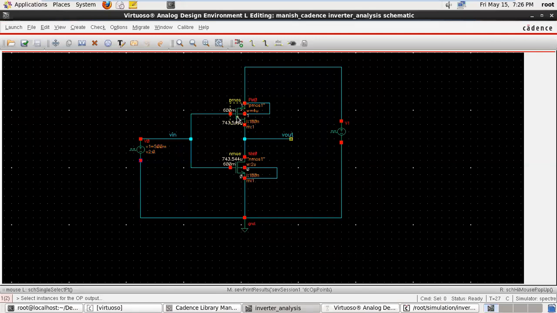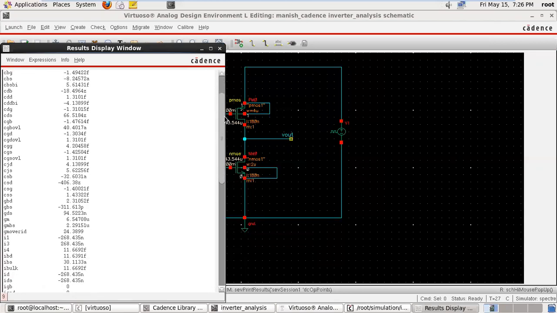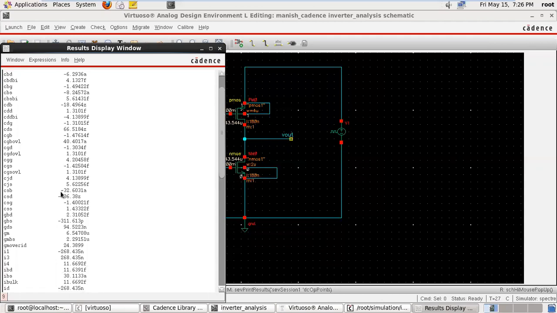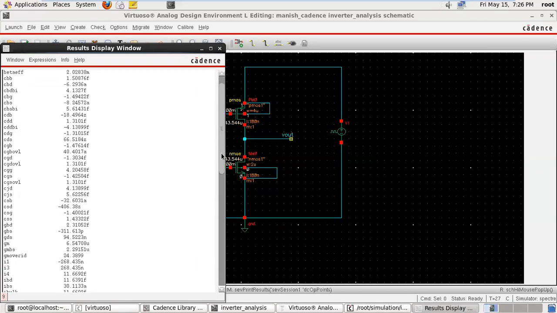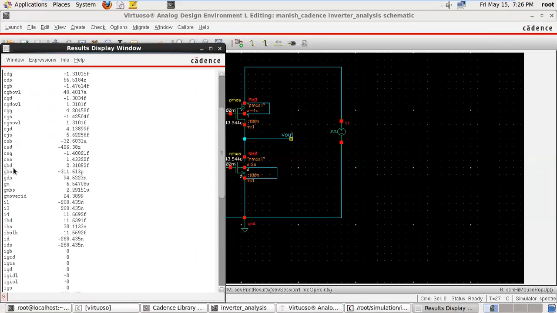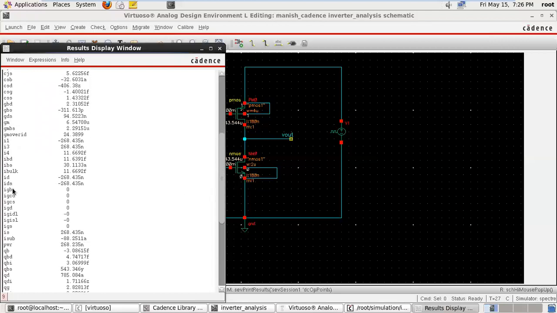If you want to see more, click on the transistor. Here you can see all the transistor parameters: beta effective, that is mu0 C0x W by L, the capacitor values CGG, CGS, CJS, and all the transconductances GBS, GBD, GDS, GM, and GM over ID, the ratio of GM to the drain current, and all the currents ID, IDS, IGB.